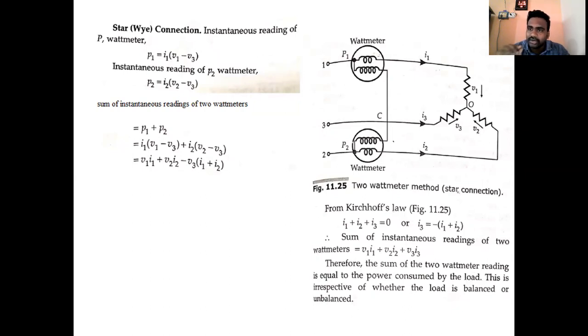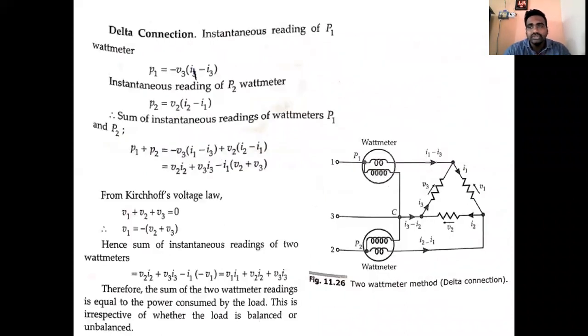This is the common conclusion following Blondel's theorem, which we came across in the three-phase four-wire network, and which we are again coming across in the three-phase three-wire network with the 2 wattmeter method for star connection. This is the 3 wattmeter network for delta connection, which we summarized in the previous class. Most of you are very familiar with the star connection and the delta connection. This is a delta connection.